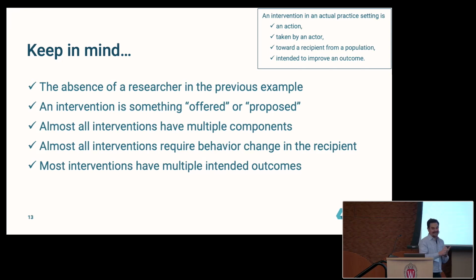So notice the absence of a researcher in this example, okay? I can't tell you how many studies I see where we claim to be doing an effectiveness trial, and yet from the perception of the participant in the study, they're getting treated by a researcher. And there's ways to undo all that. There's good designs where we can break those down.